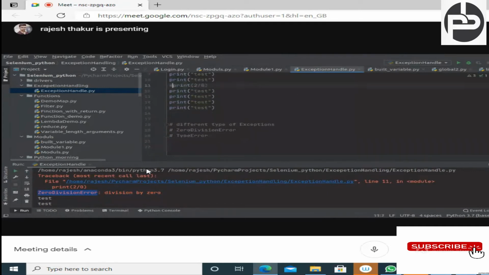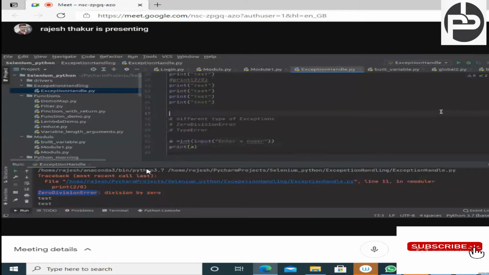Okay, not clear, boss. Let me show you. Let's suppose you are taking input from the user, enter a number. Input always returns a string, right? So I'm trying to convert this into an integer, store it in a, and print a.